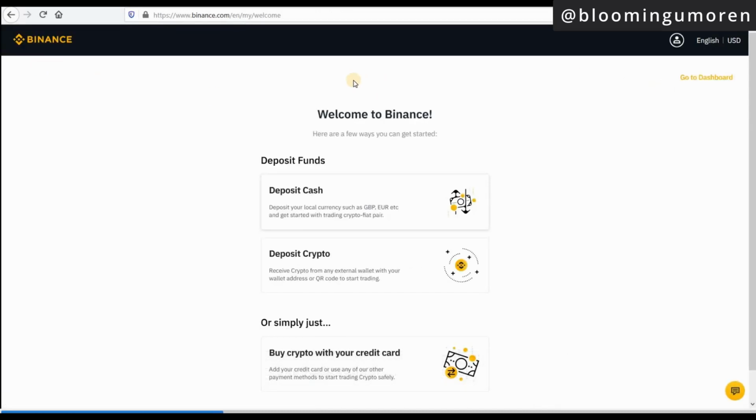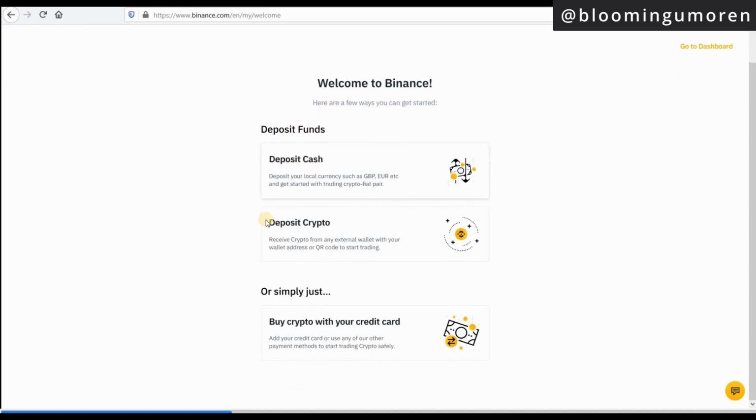The next thing is that it's going to bring you to this page. This is where it's going to say welcome to Binance. Obviously you can deposit cash, you can deposit crypto, or if you just want to use your credit card. But we're not going to do this first. We just want to register first to get our account going. So what you're going to do next is you're going to go here, go to dashboard. So go ahead and do that. Once you click it,